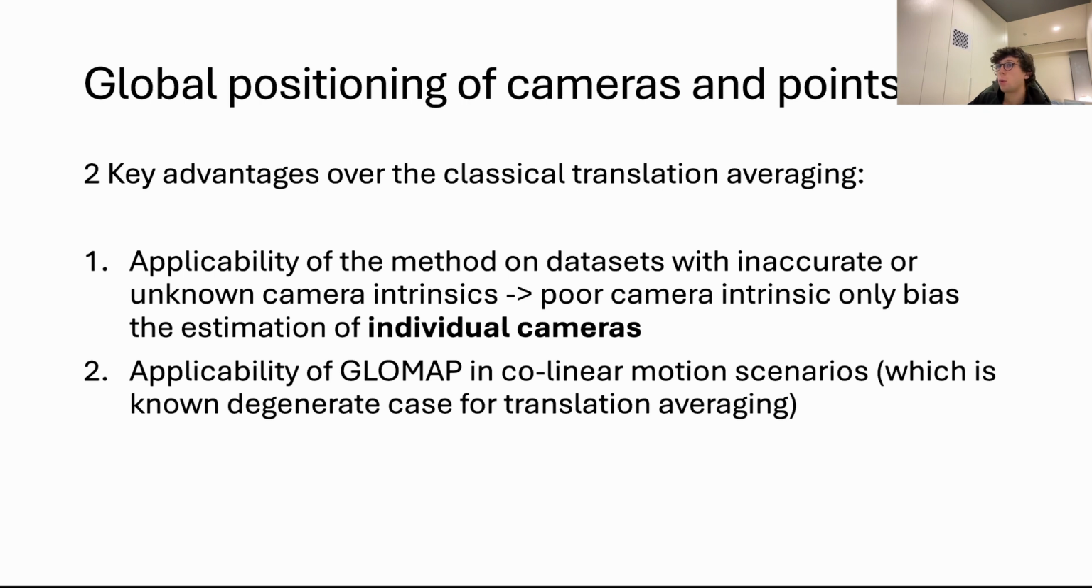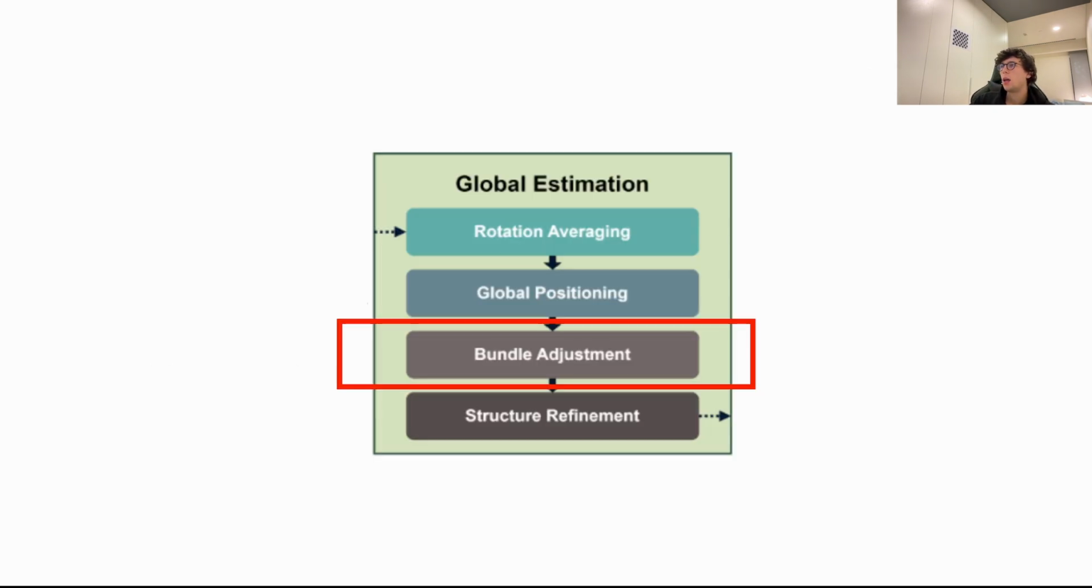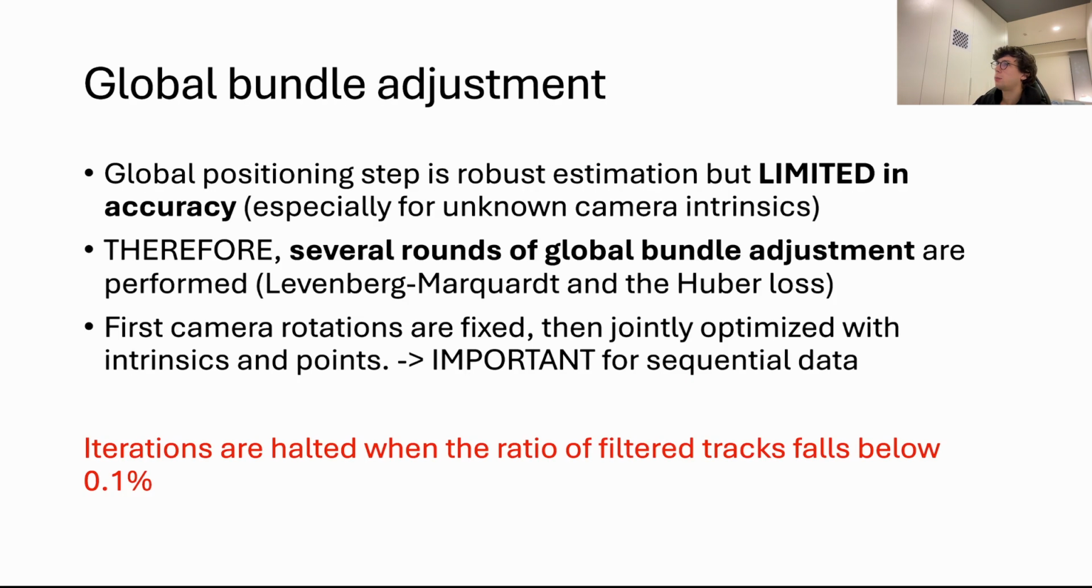And then we can apply GLOMAP for collinear motion scenarios, which are known to be a degenerate case for translation averaging, but we don't do that, so it's fine for now, let's say. And then we have the bundle adjustment, still this classical step that has to be done. So this initial step provides us a robust estimation of camera poses